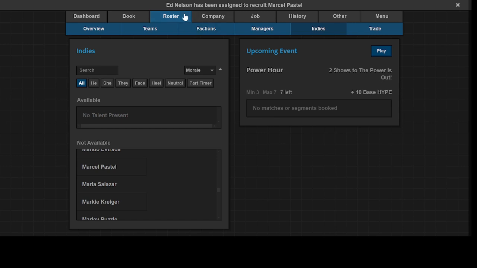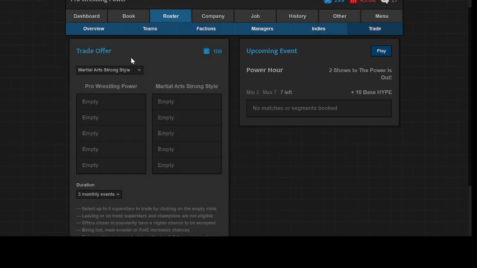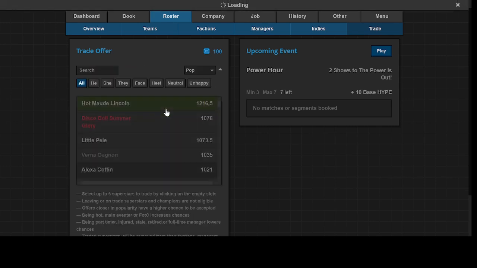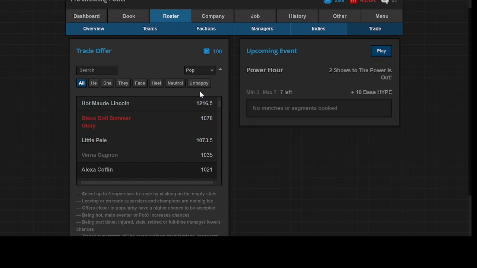And the final option in the roster menu is to trade. I mean, you can offer your workers to different companies. I think an all-ladies company, if they happen to have any men on the roster, will have no use for them. So let's see if